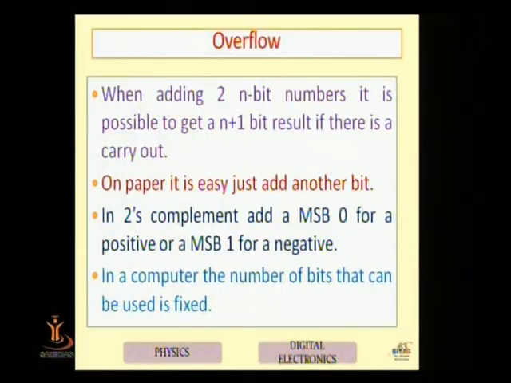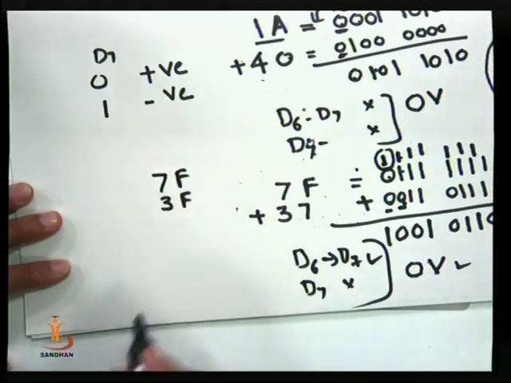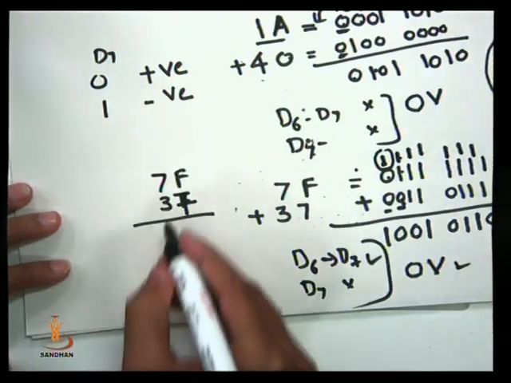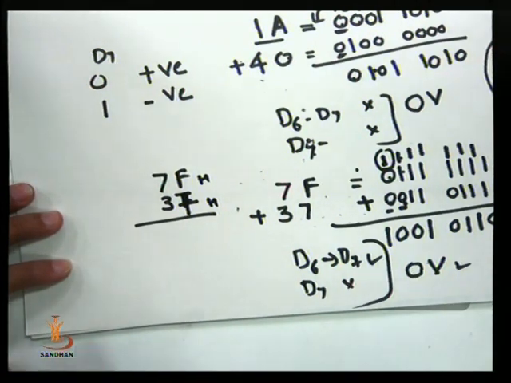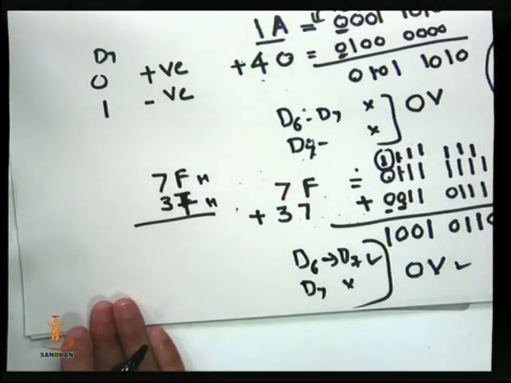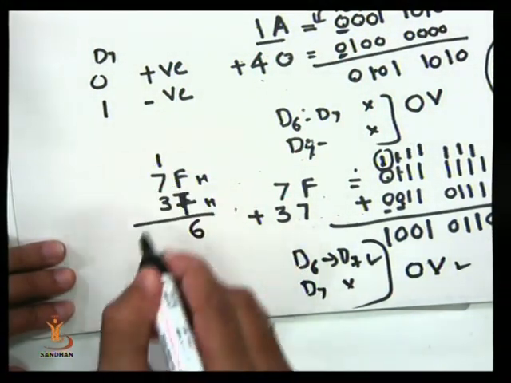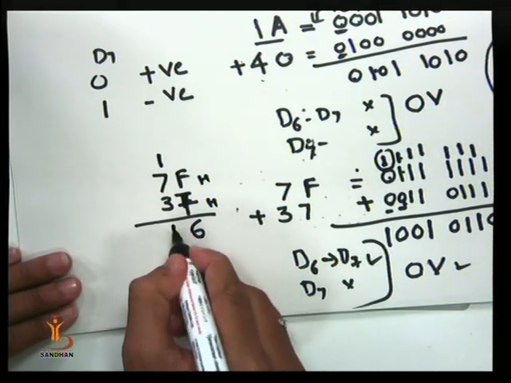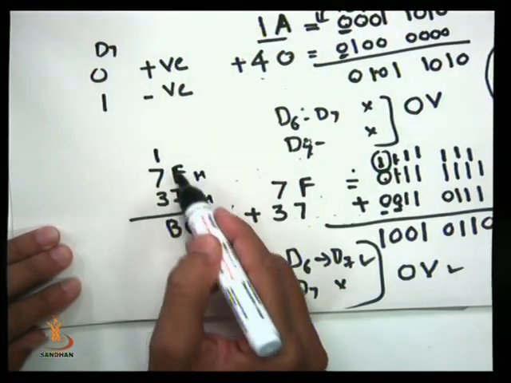How? You can see without doing this one. Suppose you take 7F again and 3F. So F plus 7. It is somewhat difficult because both numbers are in hexadecimal. F plus 7 means what? 10, 11, 12, 13, 14, 15, 16. 6, 1 carry. 7 plus 1, 8. 8 plus 3, 9, A and B. My answer is B6. Now we have taken two numbers, 7F and 3F.